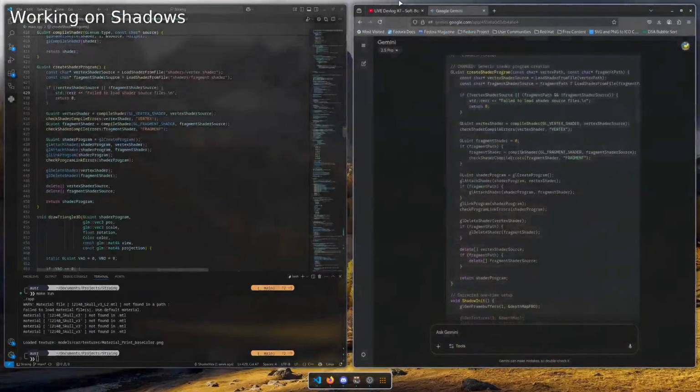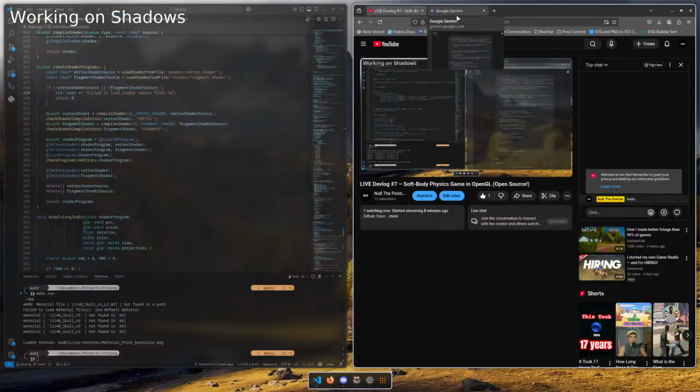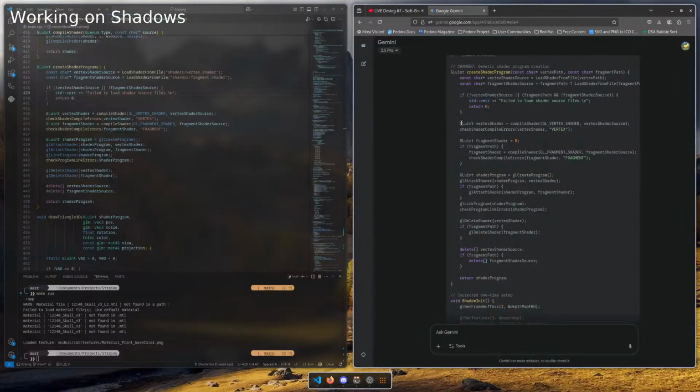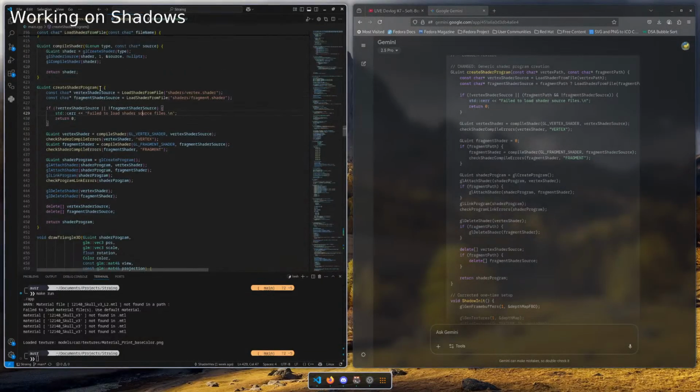So we actually will, yeah, let's see how it does it. First of all, we need a constant character vertex path, then a constant character fragment path. Yep, cool.